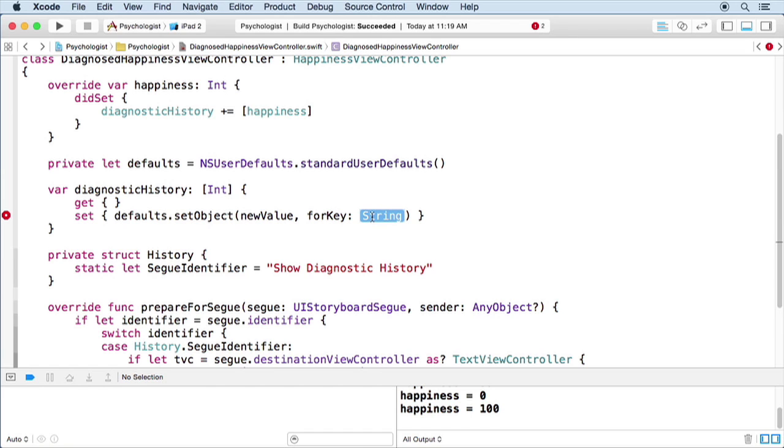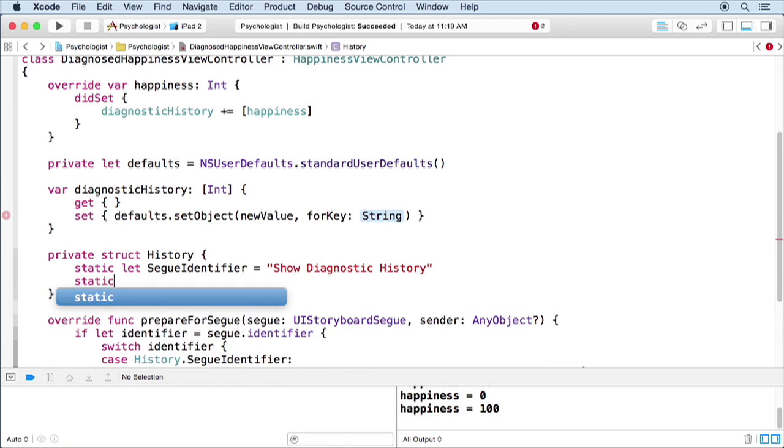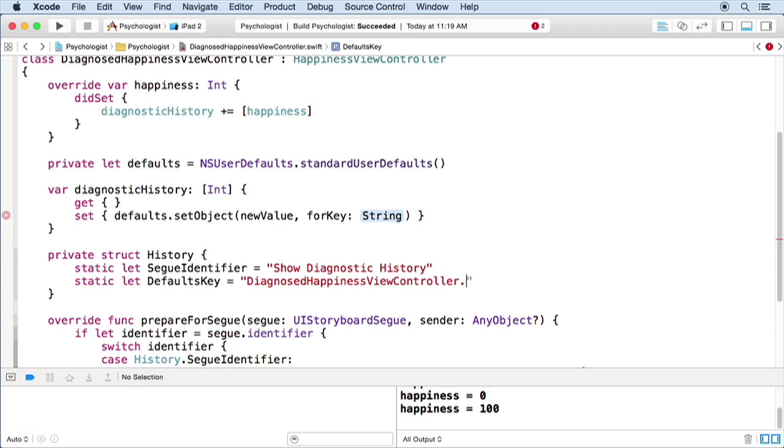For key, and so we need a key. So let's go back down to our constants here and add another one, and this is going to be called our defaults key for the history. And we can really put anything we want in here, any name for the key, but remember that defaults is a database that's shared in our entire application. So we might want to namespace it a little bit by saying DiagnosedHappinessViewController.history